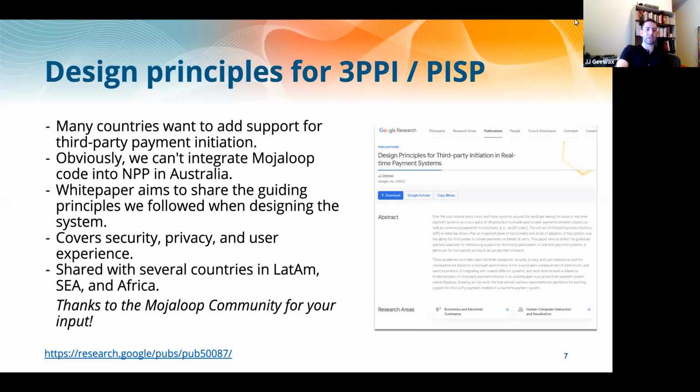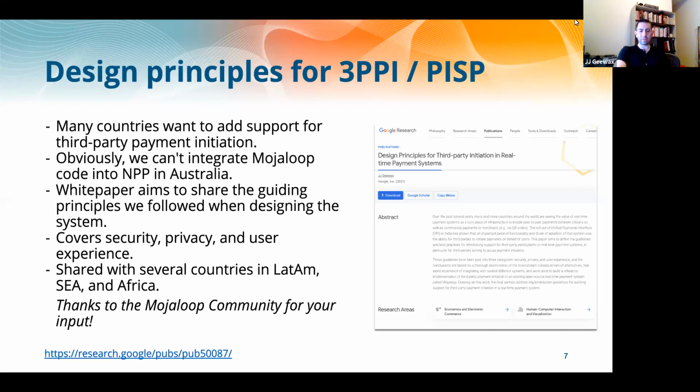Focusing primarily on things like user experience, security, and user privacy at the end of the day. So it addresses things like FIDO and how we avoid redirects, and how payment initiation requests get routed to the right initiating bank through an RTP system, what options are available, which ones are better than others, things of that nature. And so far the reception has been quite good.